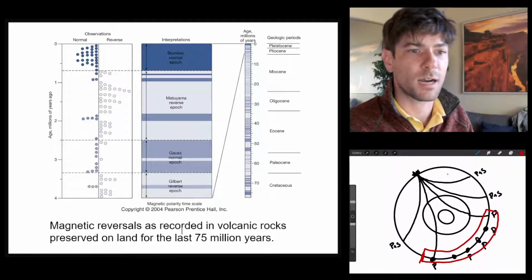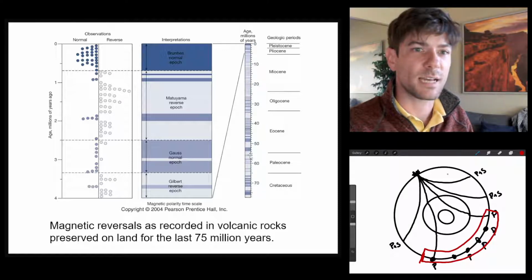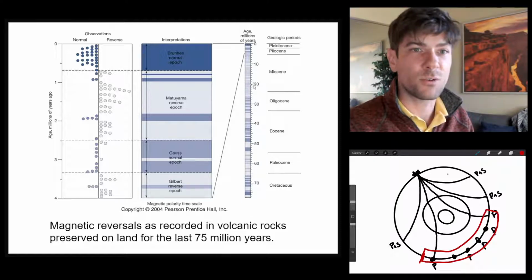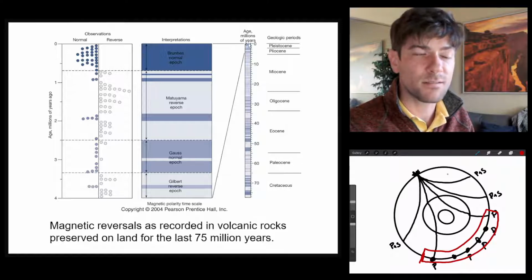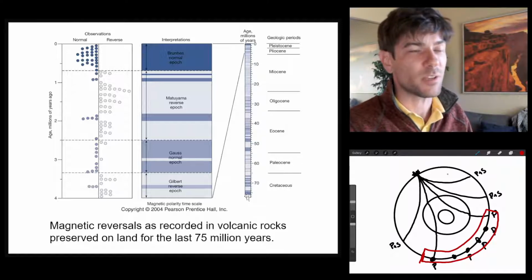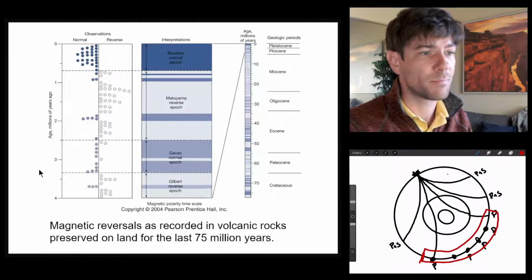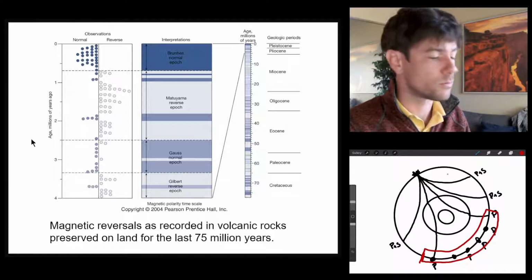Magnetic reversals, as recorded in volcanic rocks preserved on land for the last 75 million years, are on here at the right. So this is just this very little bit at the top here. And what you can see is as you move back through the last 75 million years, it looks more or less like a barcode, right? And so if you have rocks of that age anywhere on the Earth, you would expect to see a very similar barcode, right, based on the age. All right, and so if you go out to